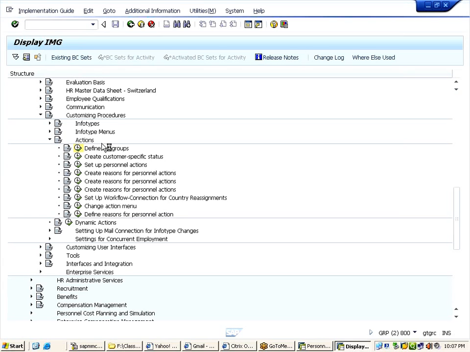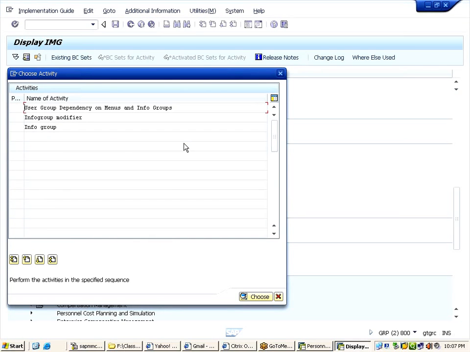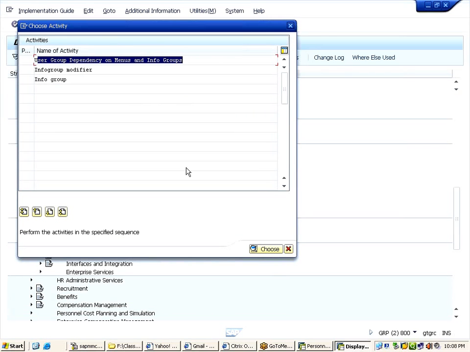When you click on that, you get a pop-up window. Now guys, select the first option, user group dependency on menus and info groups.